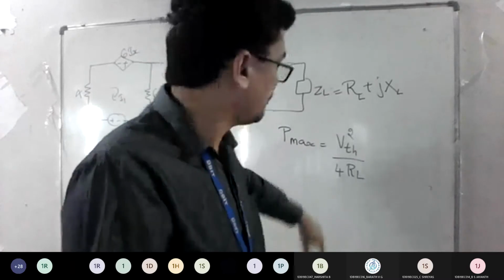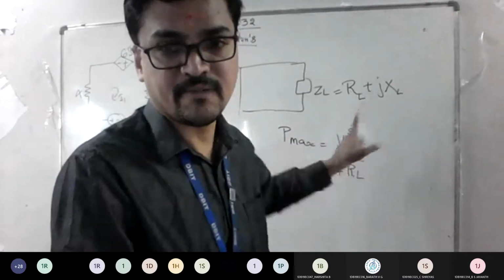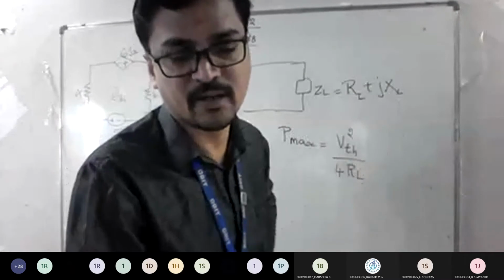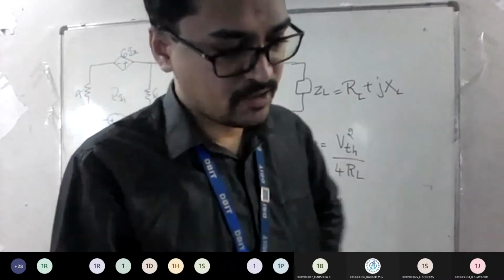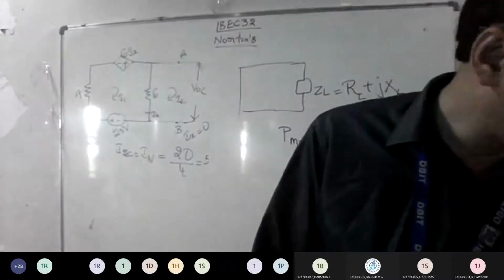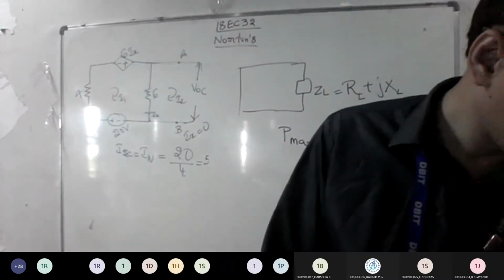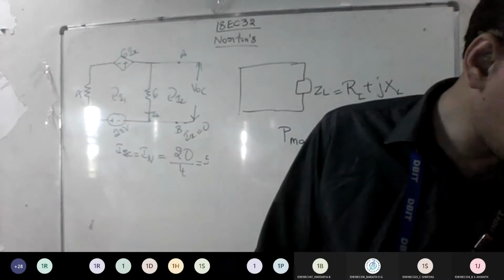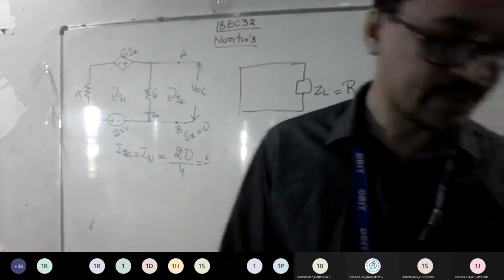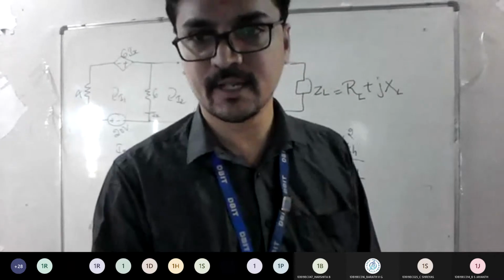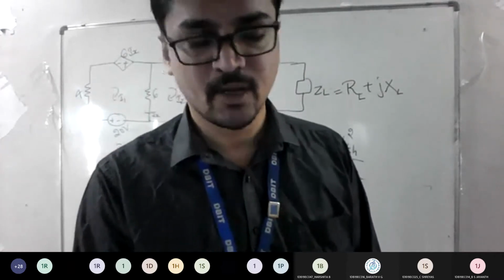So the concept remains the same. You need to solve the way you're solving your Thevenin's. So if you know Thevenin's and remember this formula, you can solve your maximum power transfer theorem also. So shall we move on to the problem directly? Yes, sir. I've written the question now. We'll try to solve one simple problem to understand the logic first. Then we'll increase the complexity.